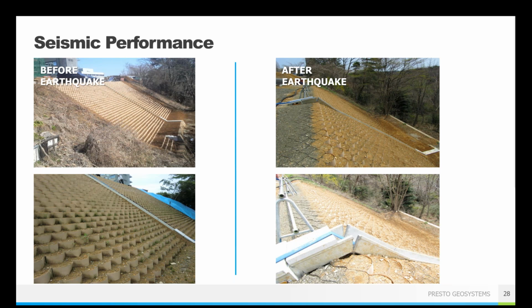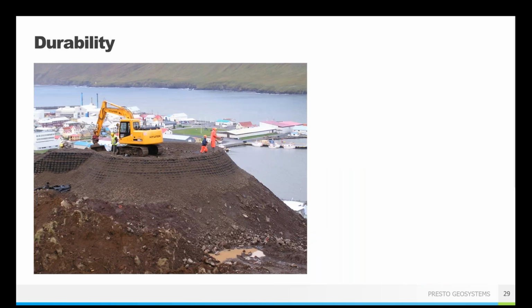Durability is also a great aspect of using the GWeb system. As I've mentioned a couple times, the panels are made of HDPE, that high density polyethylene, and it is resistant to chemicals, water, the freeze-thaw cycle, and it is not going to break down when exposed to sunlight. A UV stabilizer is added so that you're not going to have the panels become brittle or crack or break down. You're not releasing plastic into the environment as it breaks down over time.